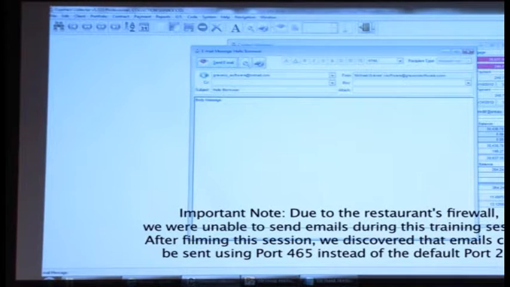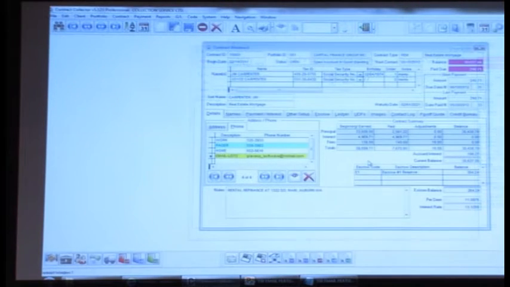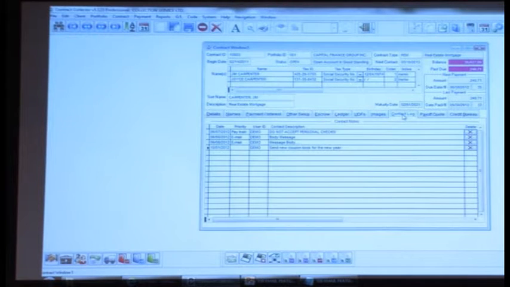But this is taking a little bit longer than it should. What would happen if it was successful is that email, of course, would have been sent to that email address. And what we would have seen in the contact log is there would have been an email. Well, it did add even though it failed to send the email, we did create those calendar entries here. In the contact log, and so that's what you would see is that we had this email correspondence,